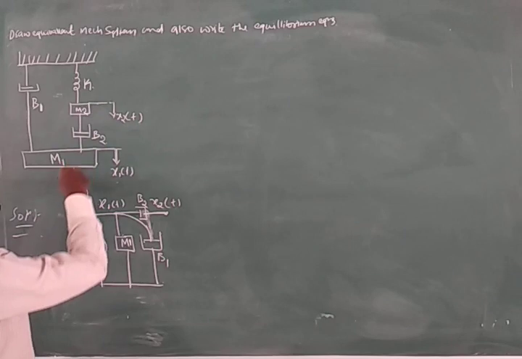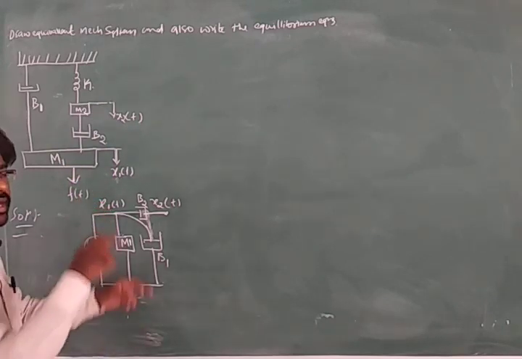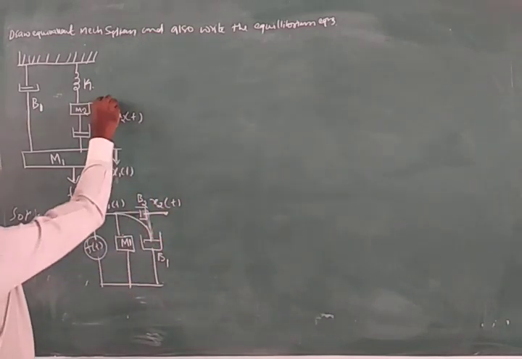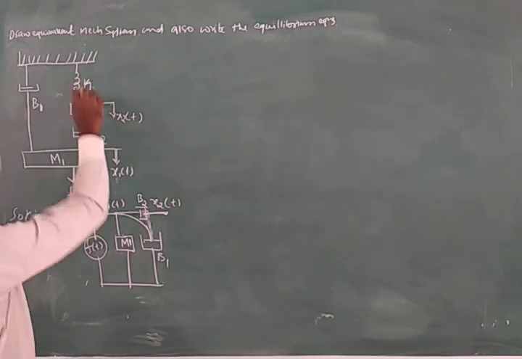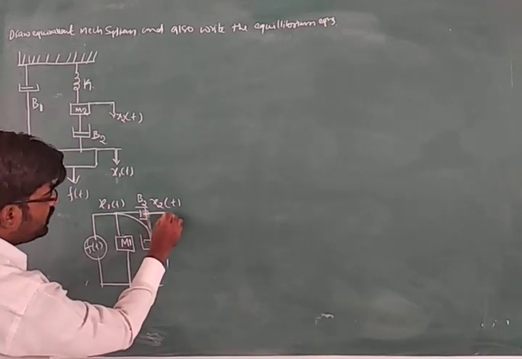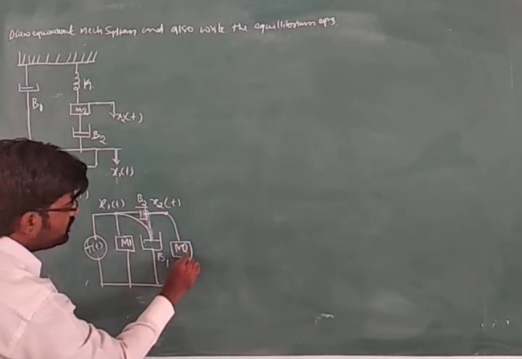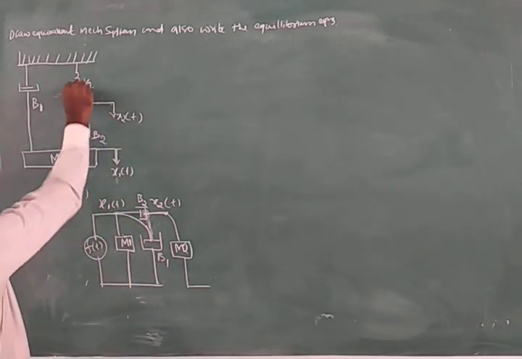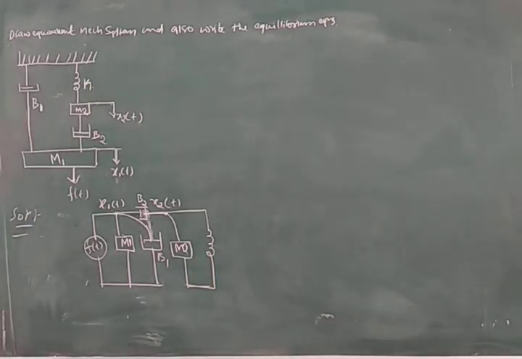Then next, is anything else connected to x1, or anything else getting influenced by x1? Whatever the possibilities are, those we have all written here. So now come to x2. x2 is influencing m2 and k. So this x2 will be influencing m2, then x2 is influencing k also. So like this, k. So this is the equivalent diagram.